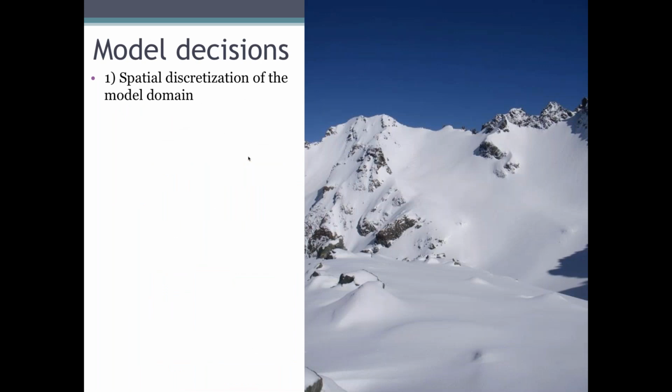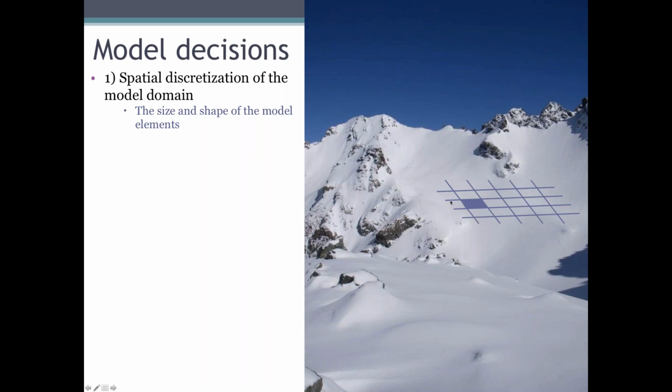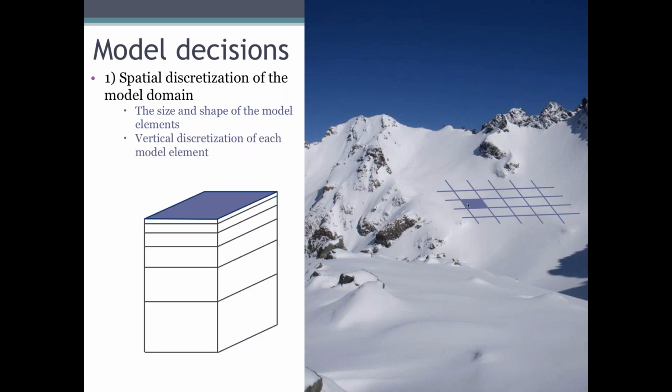So if we have this basic equation, we then need to think about our spatial discretization of the model domain, and we'll be getting to this in a couple weeks. You might want to think about the size and shape of the model elements. A lot of people like to just draw a grid and say, okay, if we've got a little vertical snowpack, we'll do it in each square on the landscape. This is similar to what's done in the DHSVM model, if you've heard of that.